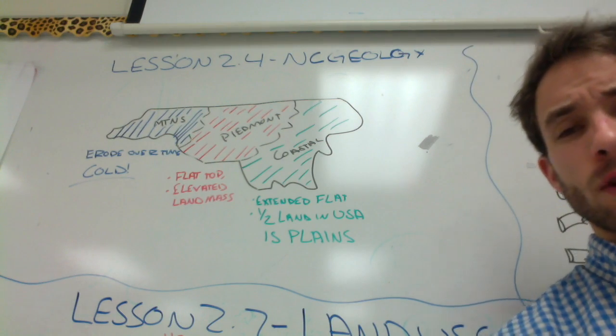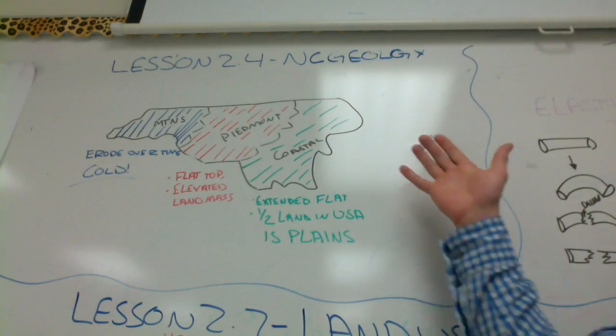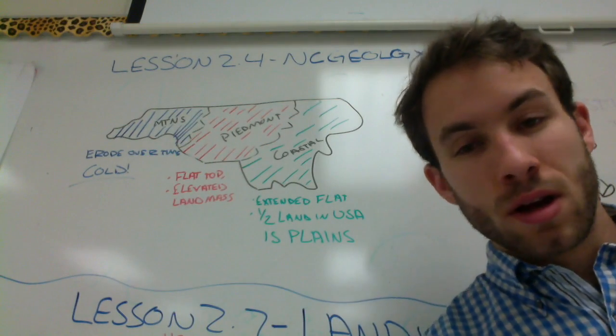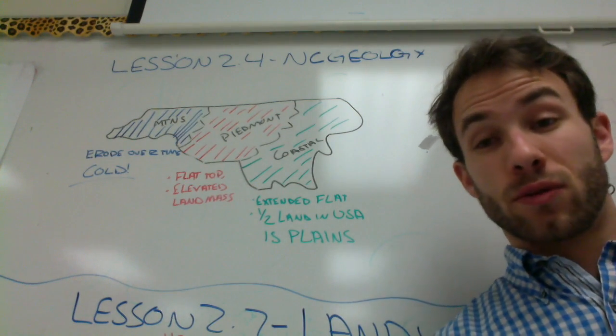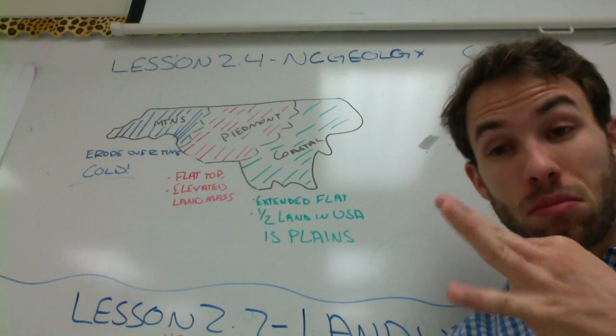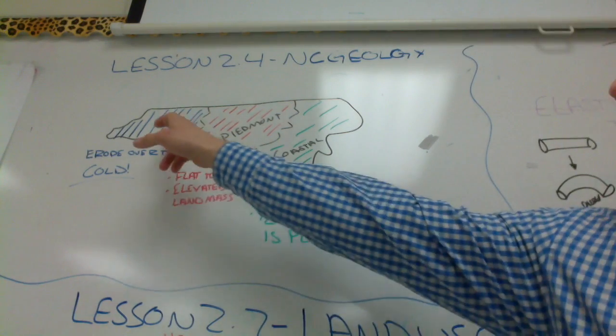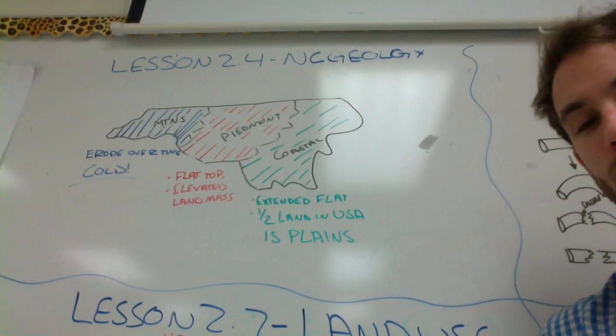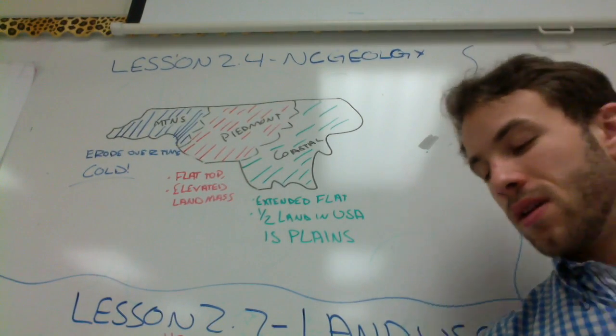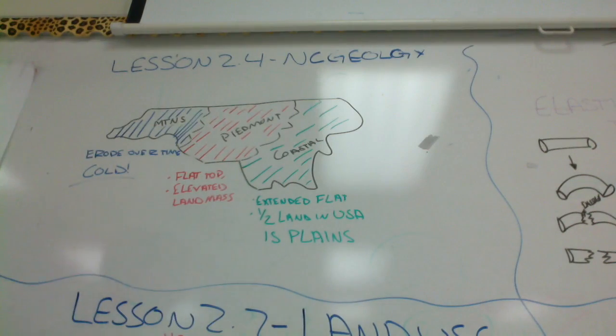So if you look behind me, you see that we have a very crudely done Mr. Little artwork state of North Carolina outline, and you see that it's shaded in three different colors. That's because in North Carolina there's three main regions that we're going to focus on. Three. That's going to be the mountains, the Piedmont, and the coastal plains. When we look at these three different areas, they're all going to have a specific set of characteristics that help